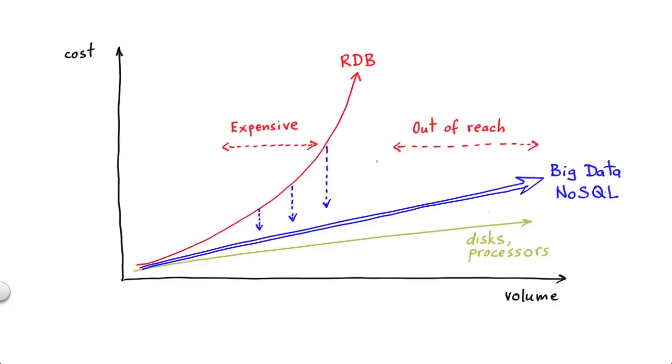What we would like to do is to find a solution, find a technology that would be able to take the cost of the relational database and flatten it, make it behave more like the cost of our storage and our processors. So we would like to avoid the exponential cost of such systems. We would like to have a linear dependency. And the other issue that we would like to address is that we would like to be able to handle data that cannot be handled with relational database systems. So there are 2 factors. One is improving the performance, reducing the cost. And the second issue we would like to address is to enable us to deal with data that the relational